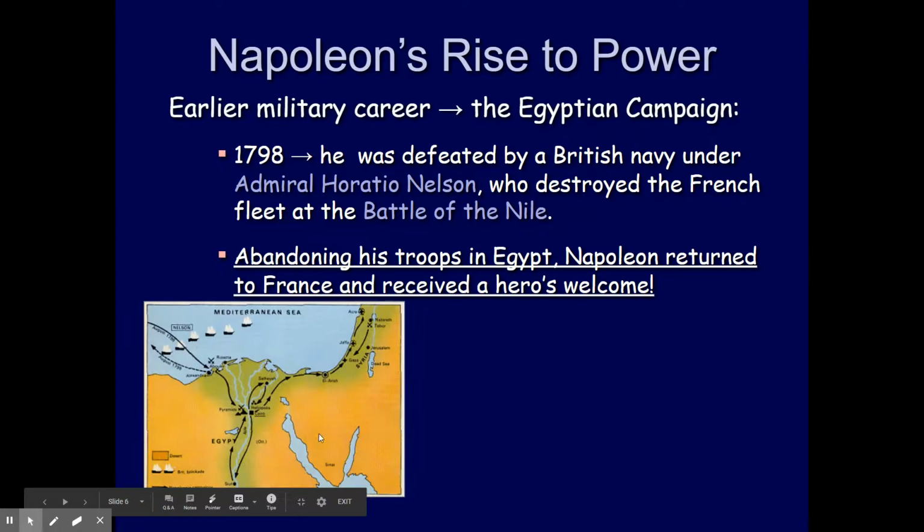His next campaign doesn't go quite as well. He wanted to economically wage war against Great Britain because they were spread out globally, but to actually invade the British homeland is incredibly hard, where they have the world's strongest navy at the time, something they were able to boast about for about 350 years.